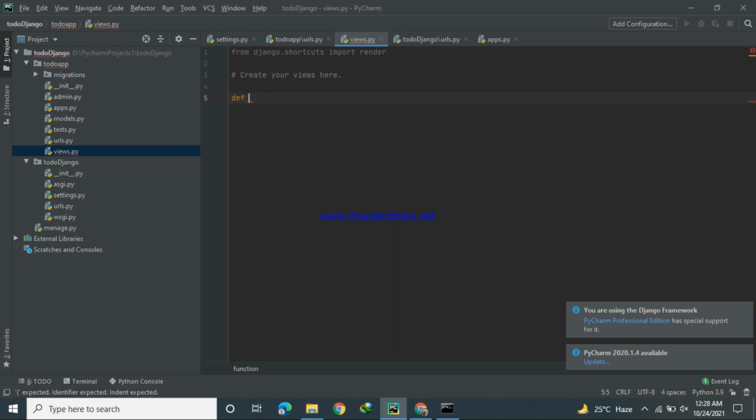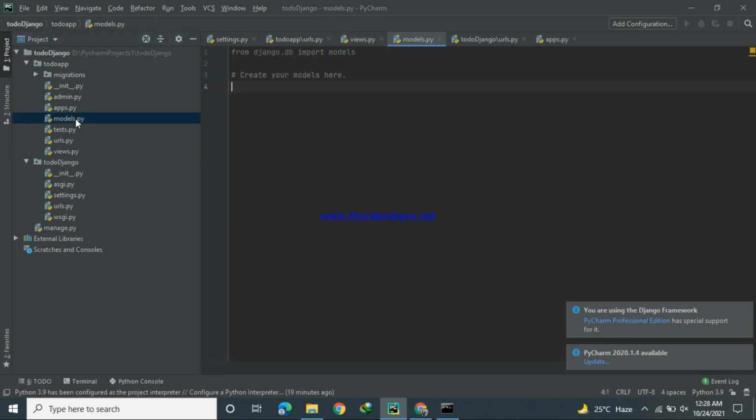In the views.py file, you can write classes as well as functions. I will write a class named home, which will accept a request that is made by the user or the browser. Return render, and here we will place some URLs. So our views.py file is ready, urls.py file is also ready. The models.py file remains, and this file is the major portion of this project.